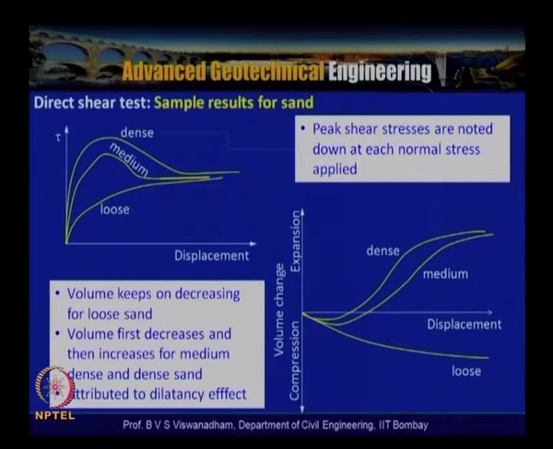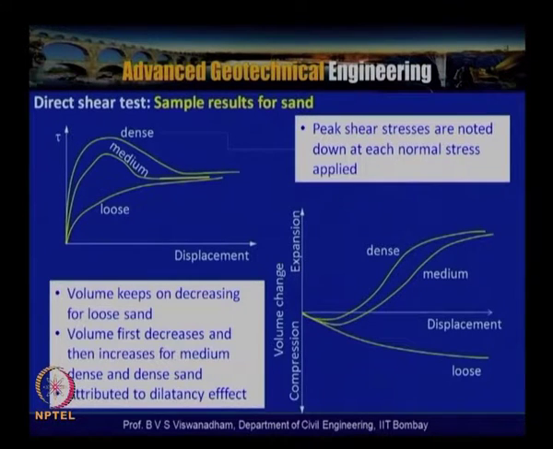So peak shear stresses are noted down at each normal stress, and when we plot these peak shear stresses for each normal stress in the tau-sigma space, we actually get the Mohr-Coulomb failure envelope. The slope of that Mohr-Coulomb failure envelope, joining all these tau peak 1, sigma n1, sigma n2, sigma n3 points, gives